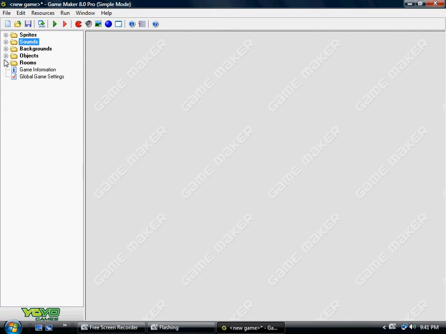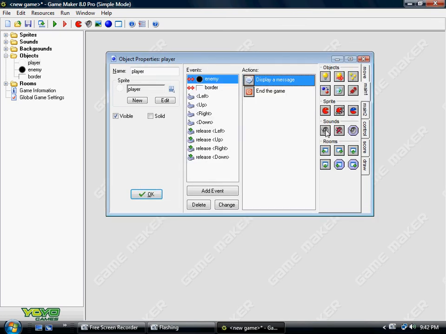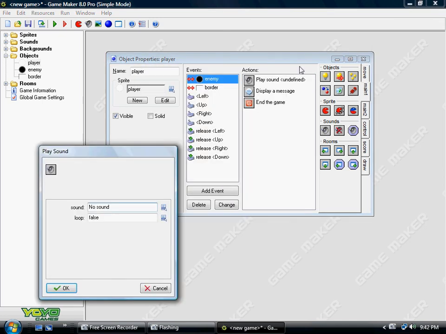The sounds are created, but that's not all. We need to program them into our game. So we'll go to Objects, go to Player, and when he collides with his enemy, we want a sound to play along with this game over message. So let's choose sounds, play sound, move it to the top. If you do not move it to the top, it won't work, because what happens here is,